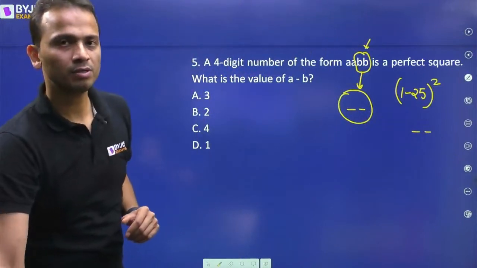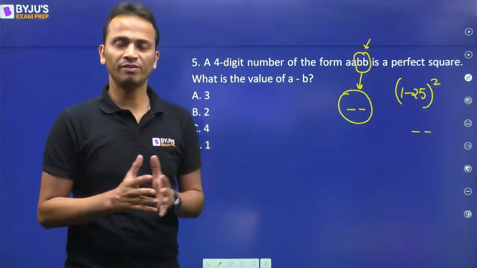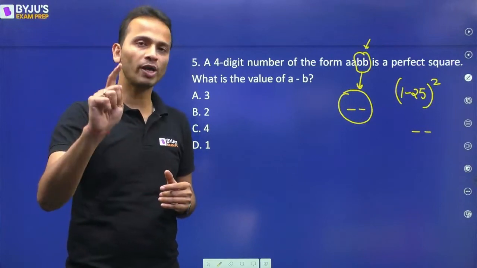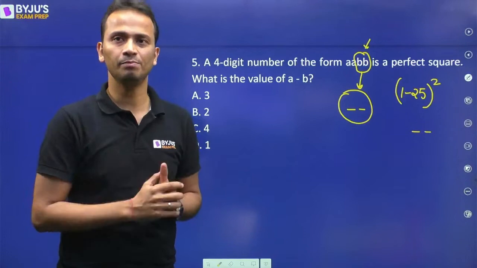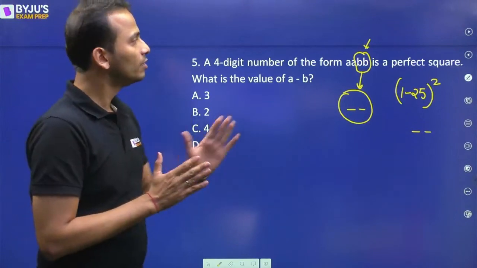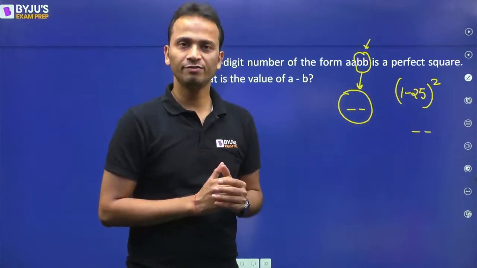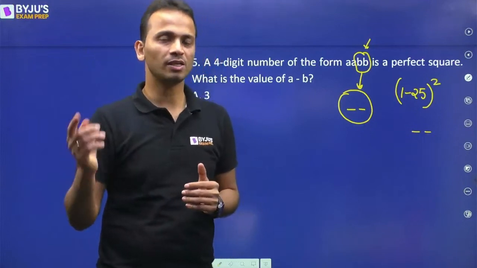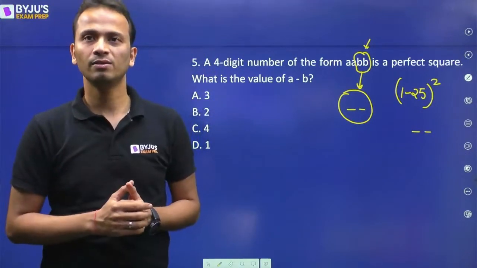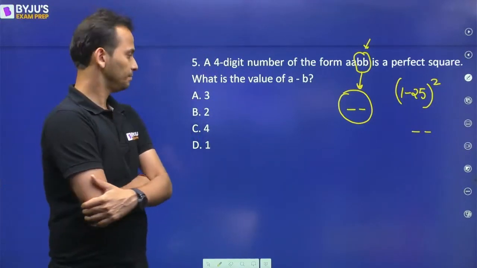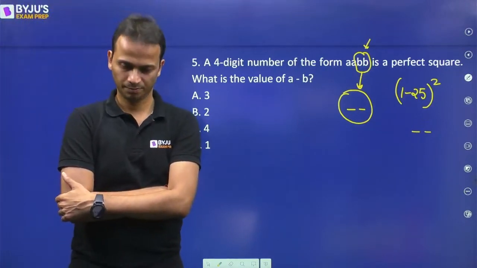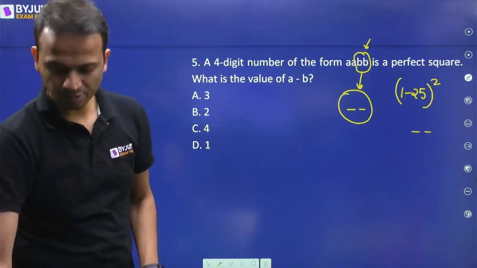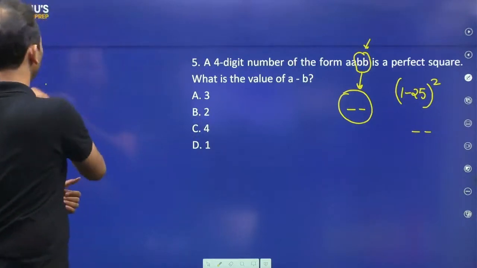I want a number from 1 up till 25 such that the square of the number has the last two digits same. Come on. मुझे एक ऐसा नंबर चाहिए जिसके स्क्वायर के लास्ट 2 डिजिट्स इक्वल हों।